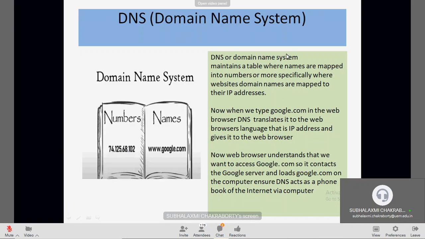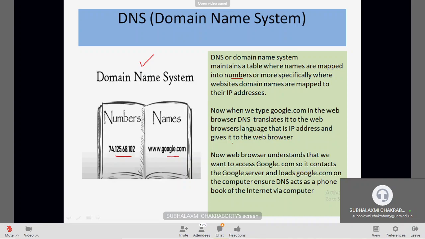You can see here the DNS maintains a table where the names are mapped to numbers. It's like a table type of system which has a set of numbers, and those numbers are nothing but the IP addresses, mapped with a certain